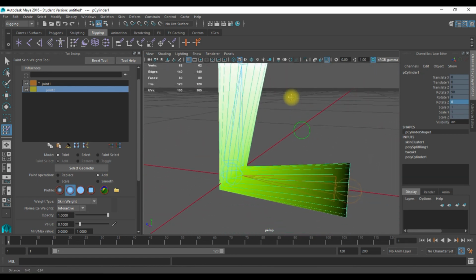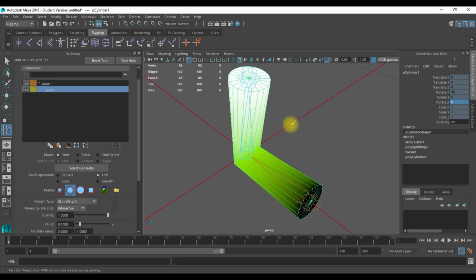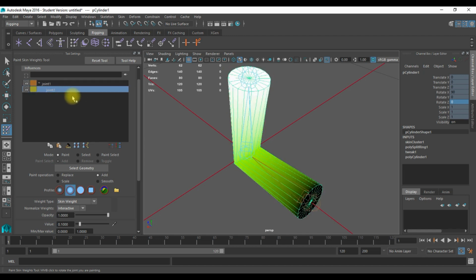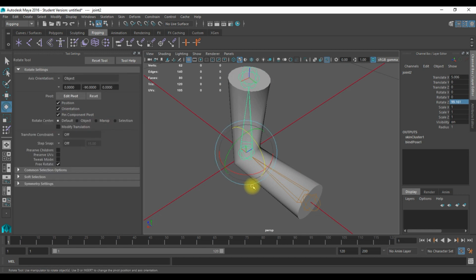And there we go. So you can see as I painted that away, this joint has 100% influence here. It tapers down. It has a little bit of influence here, and this joint, or this skin cluster, is shared between here and there. This skin cluster has no influence with this joint here. You can see it's painted black. Same thing this way. This one has 100% influence. It shares influence here on that skin cluster, but it has no influence on that skin cluster. And if I select it, I can bend it